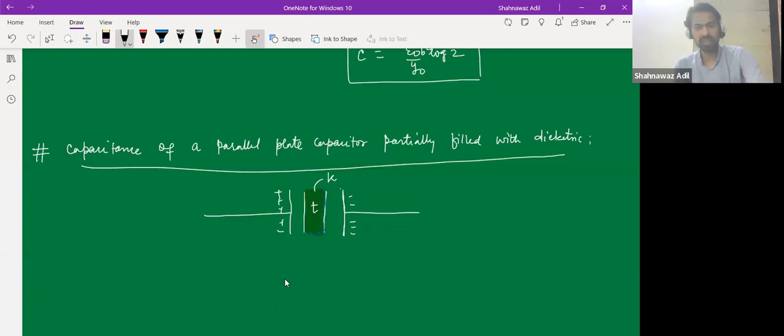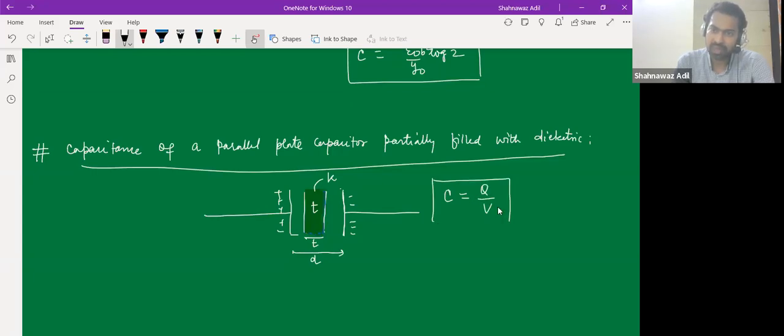And it has a dielectric constant K. So we have two plates, and in between these two plates, this is partially filled with some dielectric slab, right? So this thickness is T, and the total distance is D. Then again, we'll have to calculate the capacitance for this one. And the capacitance would be what? This would be Q by V, right? So ultimately, we'll have to calculate this